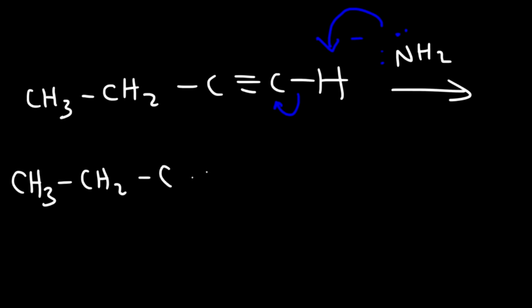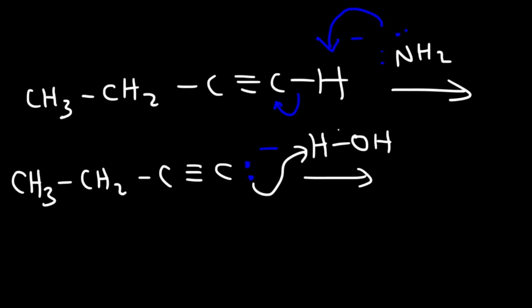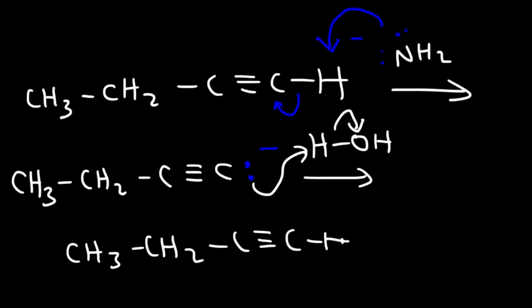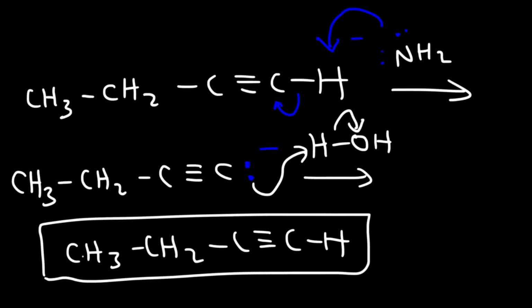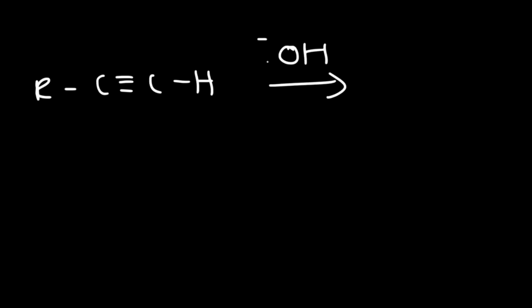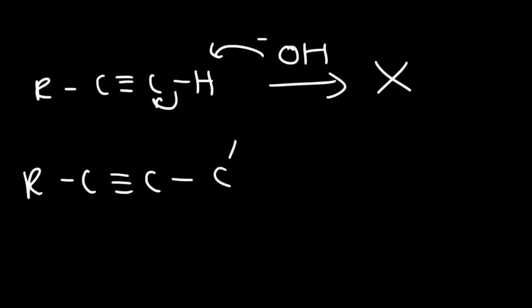So everything is reversible up to this point. But because this step is not reversible, once you get this product, it just remains in the solution. And it's going to stay like this until you add water. So once you add water, this alkynide ion will take a hydrogen, generating hydroxide. And so that's how we can form the terminal alkyne and get it out of the solution. So it's important to understand that KOH, or hydroxide, even at high temperatures, cannot take off this hydrogen. It's not strong enough. However, it could take off an adjacent hydrogen on a carbon atom if it's heated,